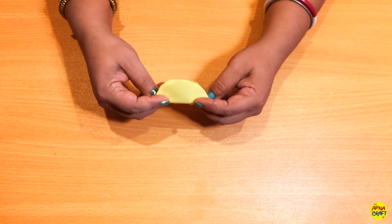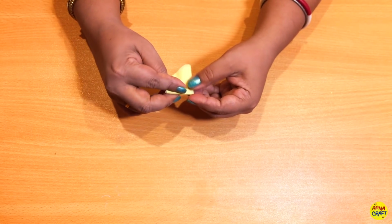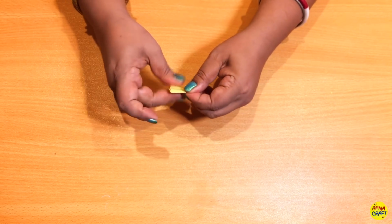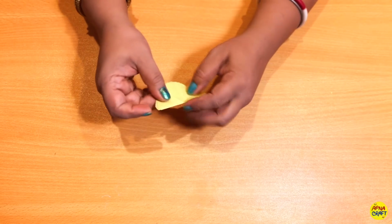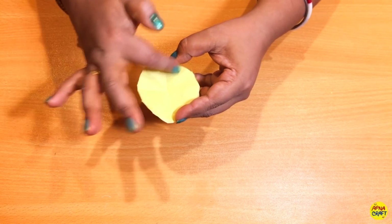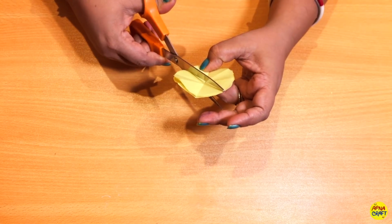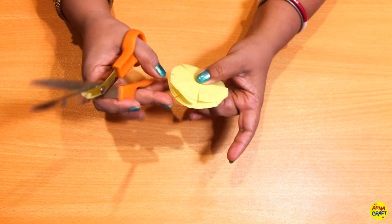Now all together I'm going to fold it again. 1, 2 and 3. The 3 folds. Open it and you will see the fold marks, and cut it over the marks, small cuts,